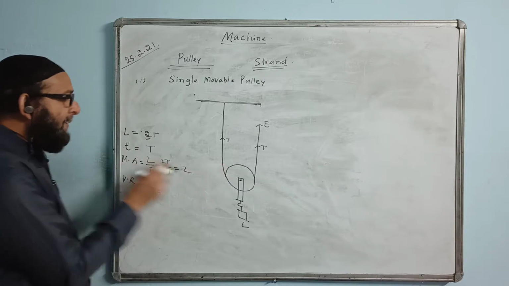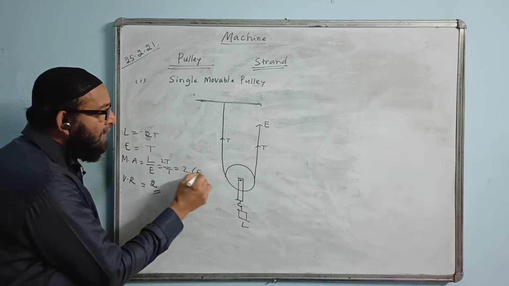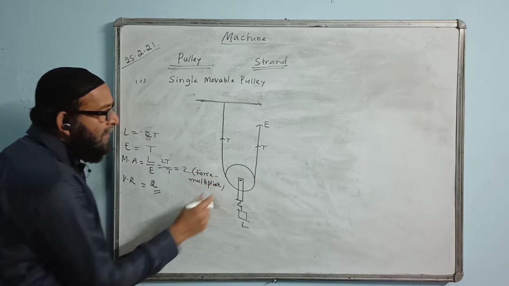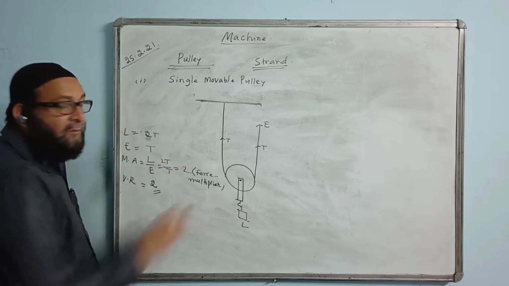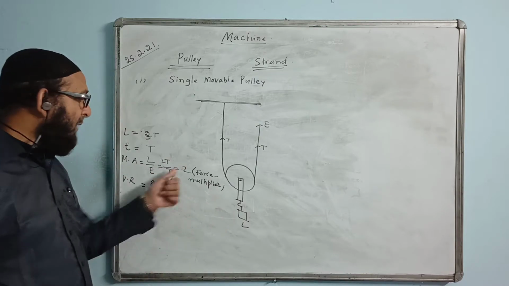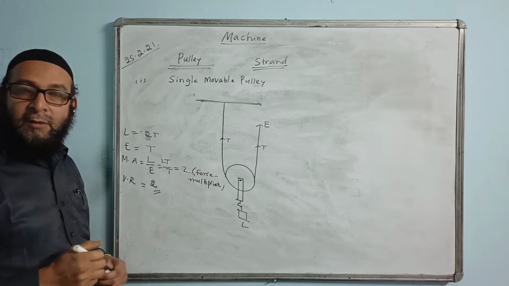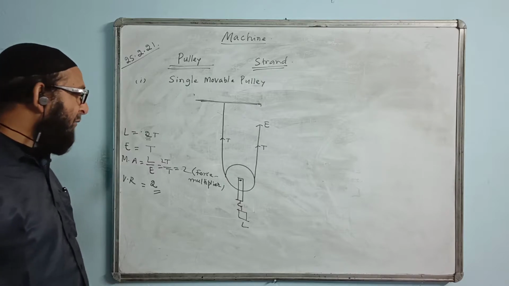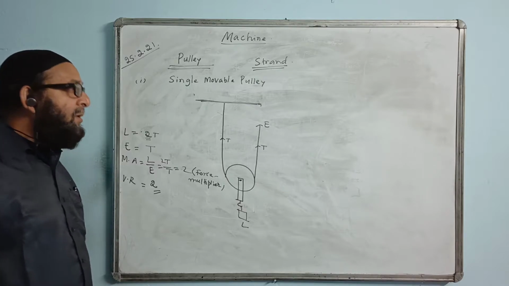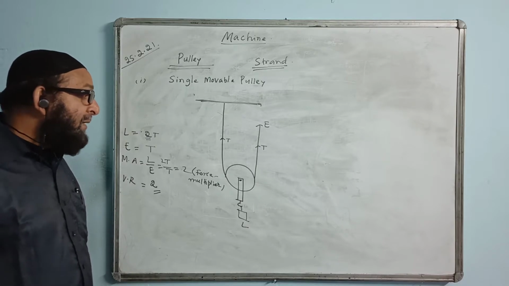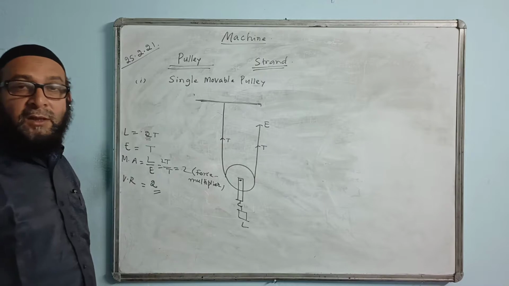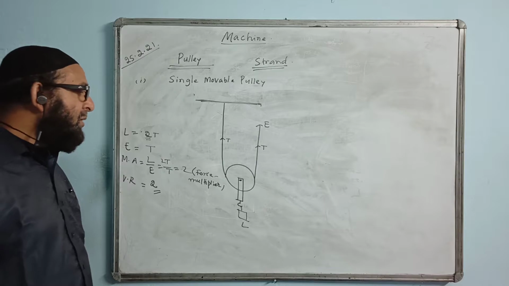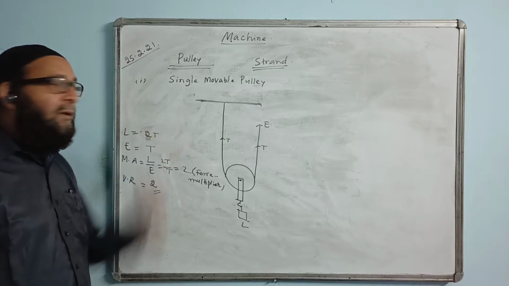This pulley system provides mechanical advantage and it acts as a force multiplier. That means you have to give the effort lesser than the load. You have to give the effort 1 by 2 times of the load, that means half of the load, because the mechanical advantage is 2. So your effort will be 1 by 2 times of L, or L by 2. Effort will be equal to L by 2. Then you have to give a lesser effort. But one disadvantage is that the direction of effort is in the upward direction, which is inconvenient. So this pulley system has got advantage as well as disadvantage.